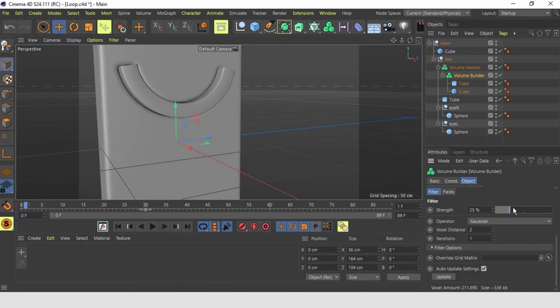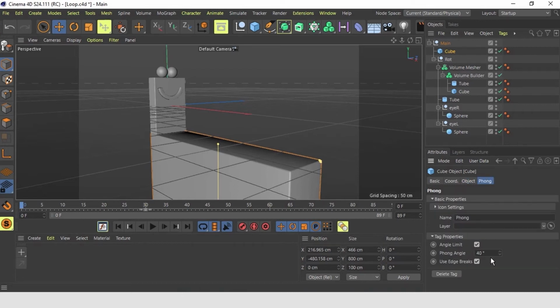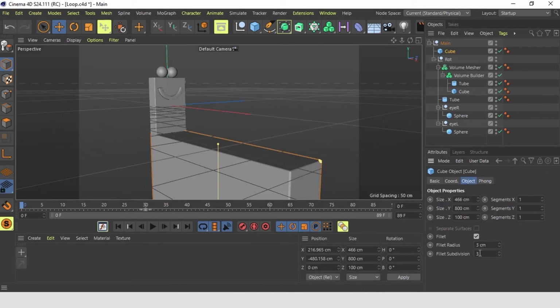Okay, great. Let's also grab our big cube and give it a fillet. And also let's put the form to something like 10 so we don't get this wobbly line. It's a straight line and it is looking great. We are pretty good. Let's increase subdivisions on the cube. Maybe we put it to 5. So you have a few more subdivisions on the cube here. And this is pretty much all we need to render this thing out.